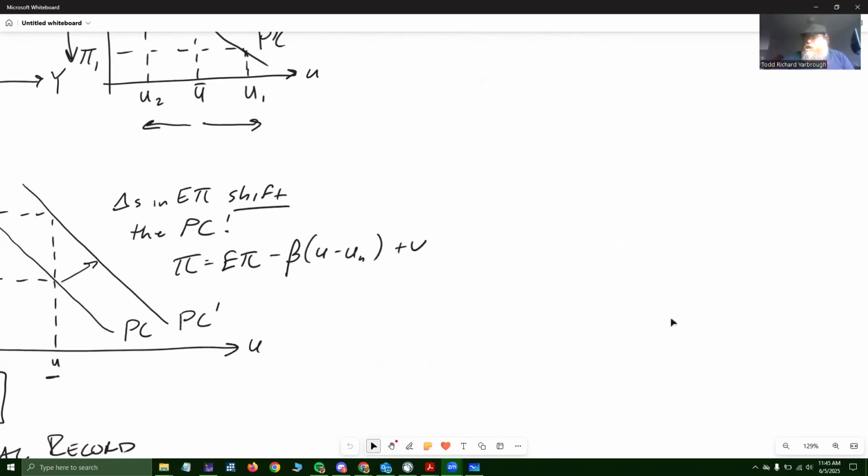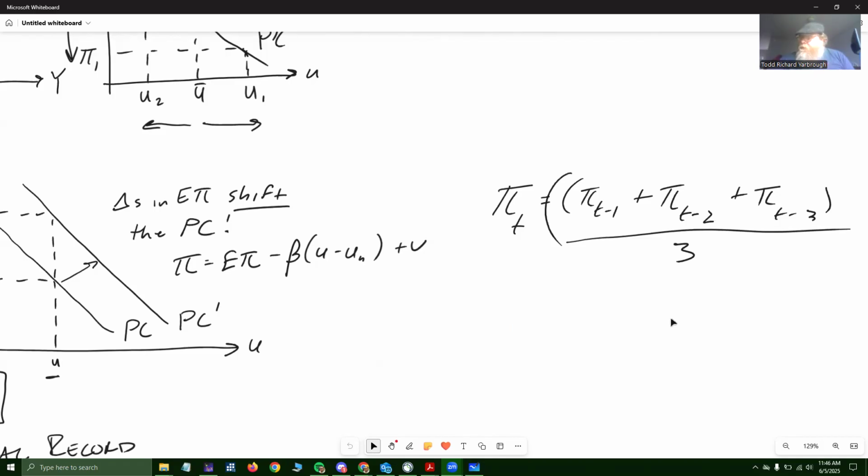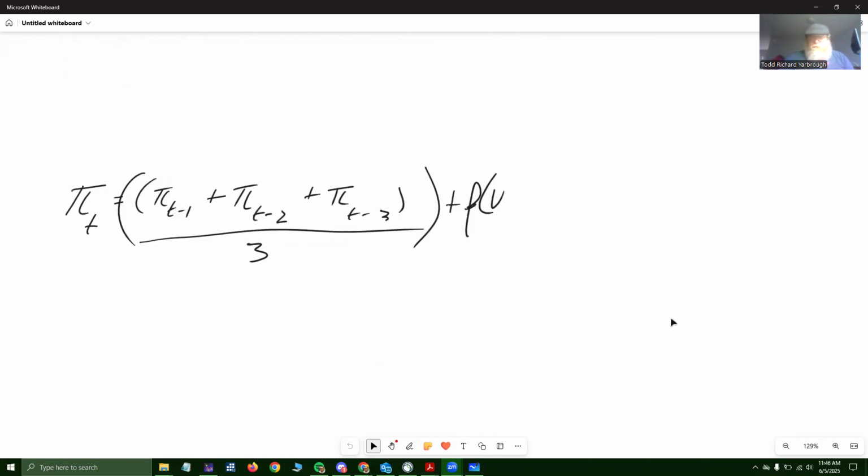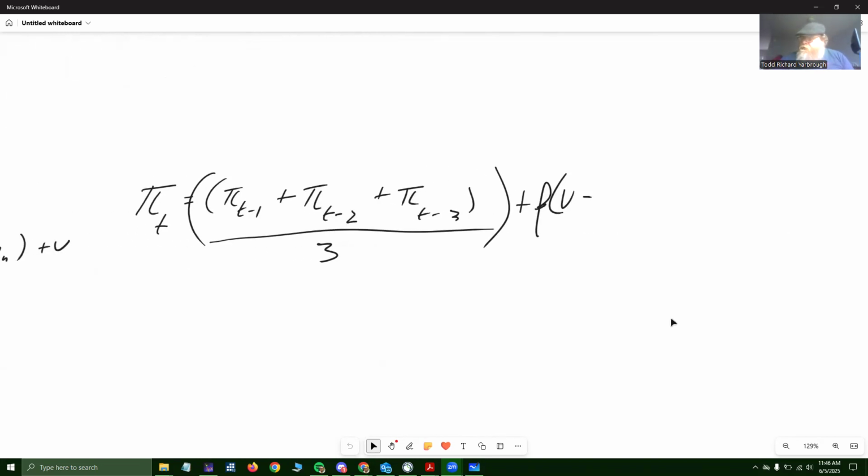We can think about a Phillips curve something like this, where we say that inflation in time period t is equal to, and then that inflation expectation, maybe we think it's an average of the last three periods of inflation. And so we have pi t minus 1 plus pi t minus 2 plus pi t minus 3. And then, of course, just divide that all by 3. And then plus the output, or the unemployment gap, rather. And then plus those supply shocks. So you can see that